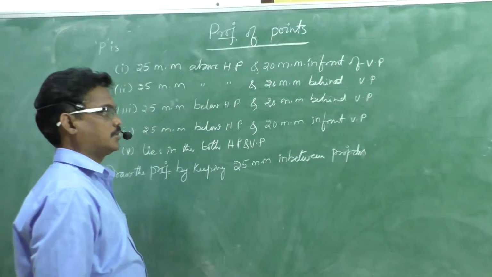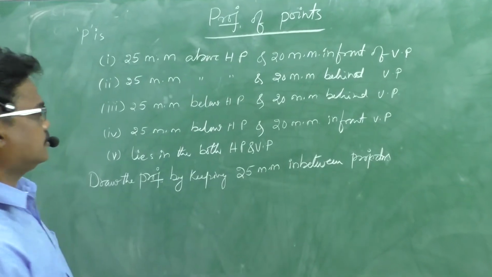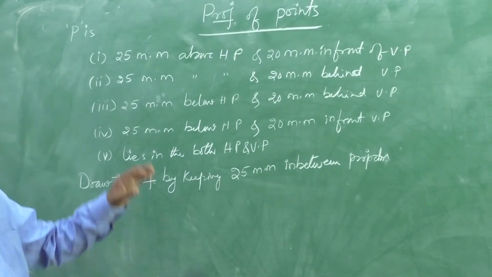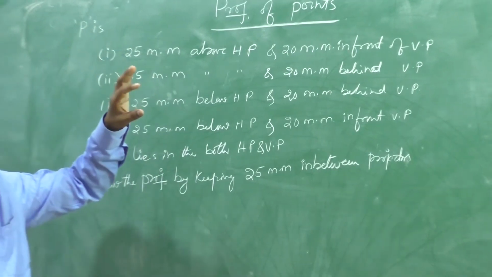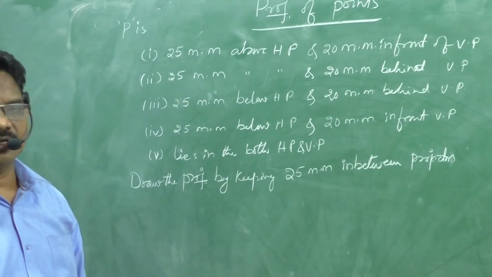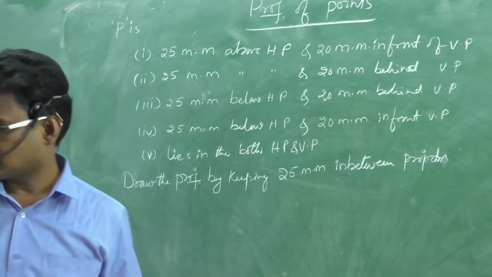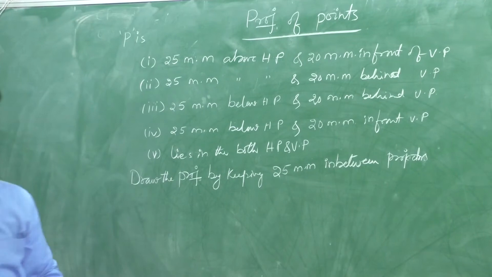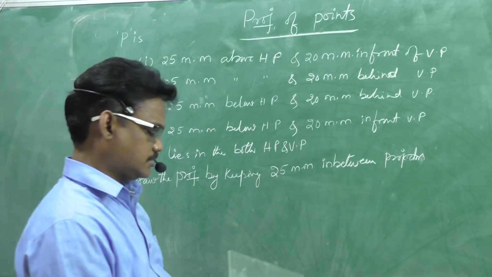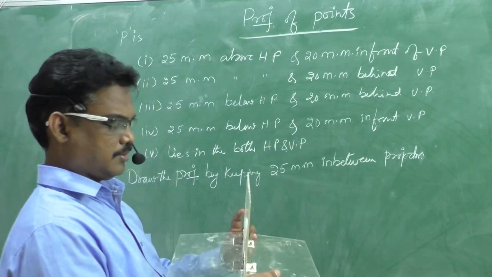Okay, this is the problem. Right. Now, first observe in which quadrant the point P lies in each case. Now, see the first case. In the first case, point P is 25 mm